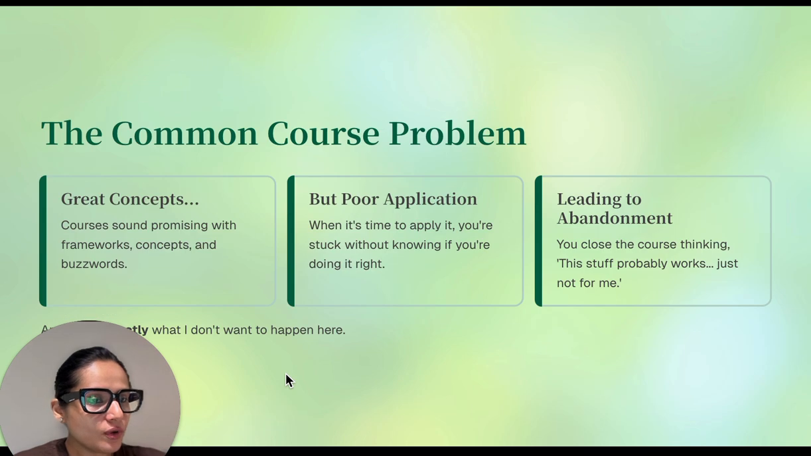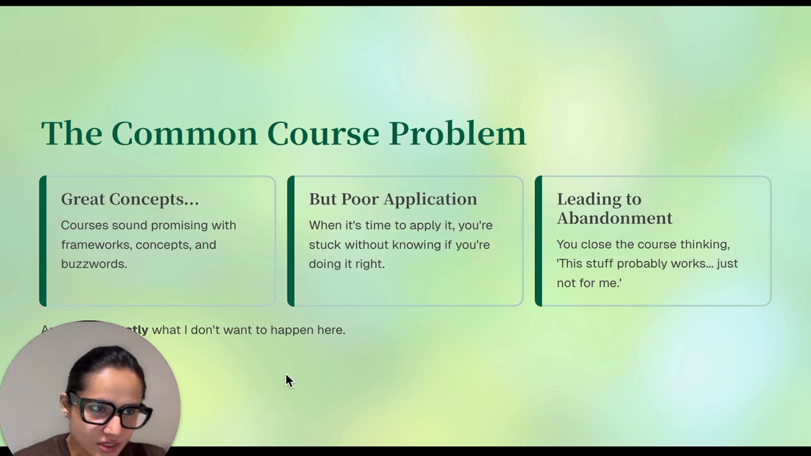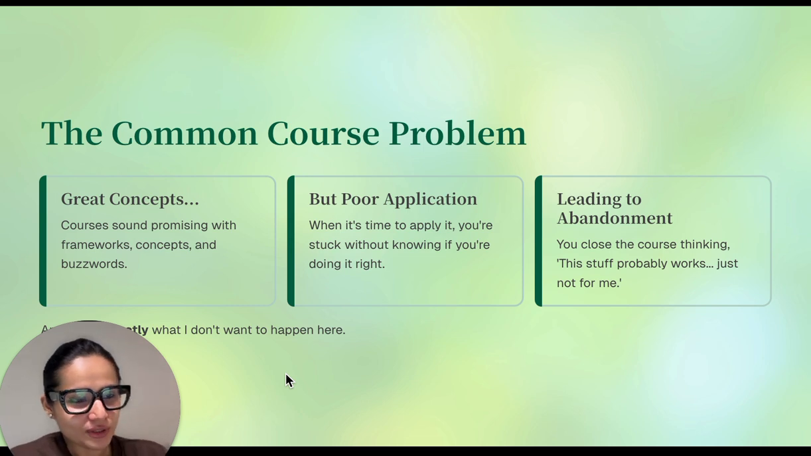So, let's be real for a second. We've taken a lot of courses in a similar manner that sound great and are full of frameworks and concepts and buzzwords. But when it's time to apply, you are stuck. You don't know if you are doing it right. You feel weird watching yourself on camera, and then you get real-time feedback. So, what happens? You end up closing the course. You're thinking, like, this stuff